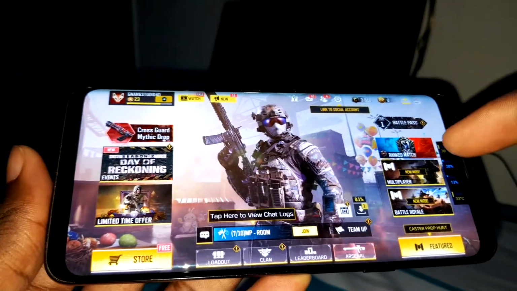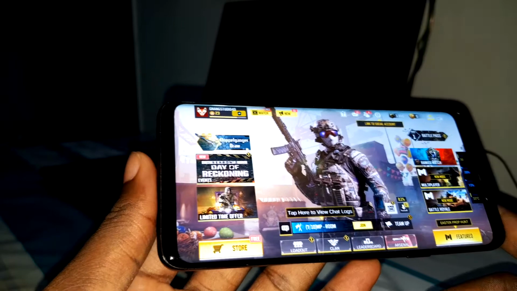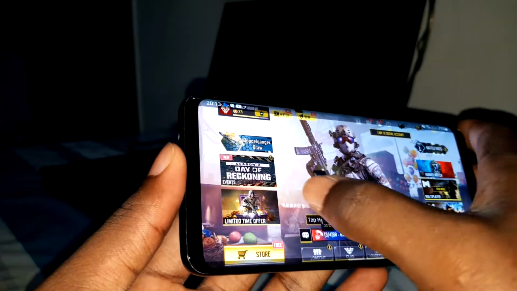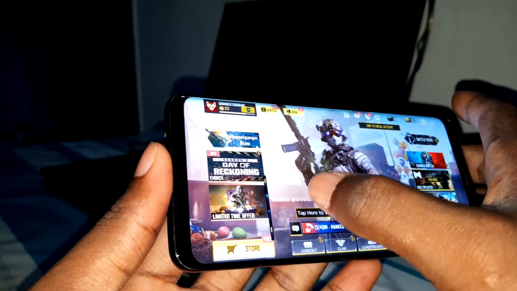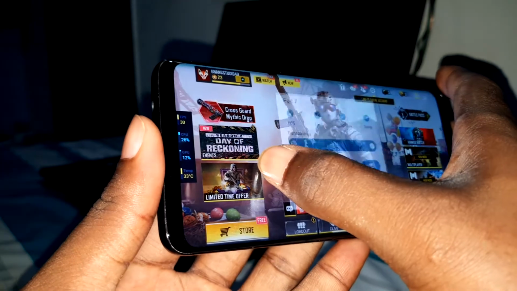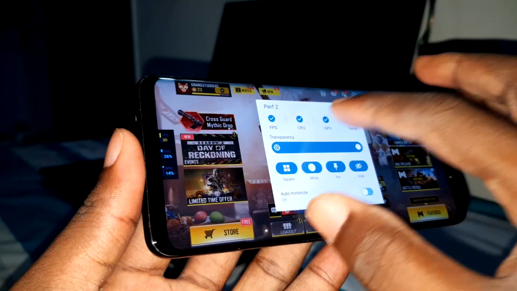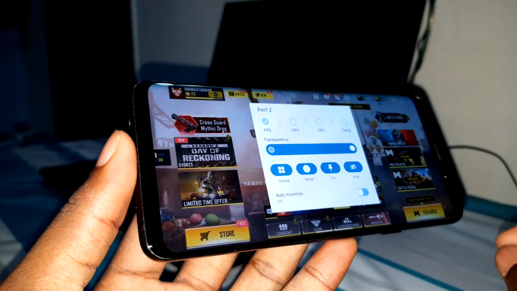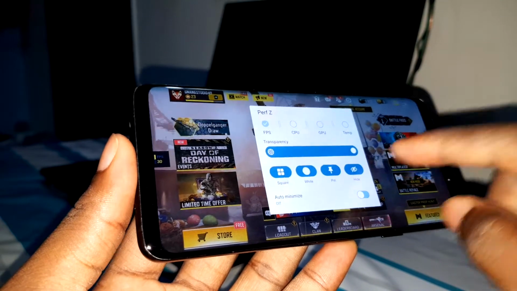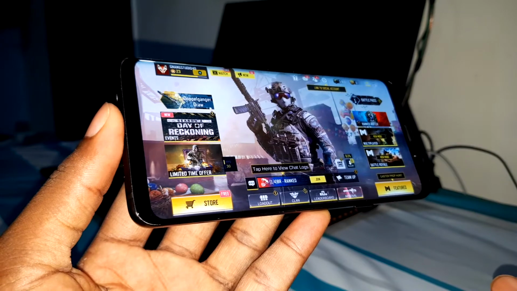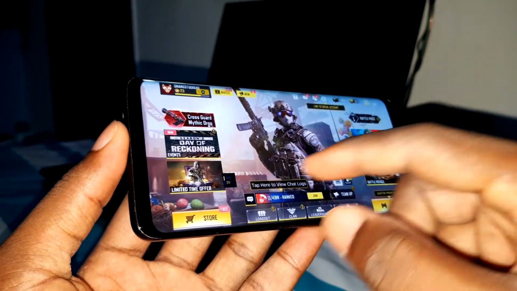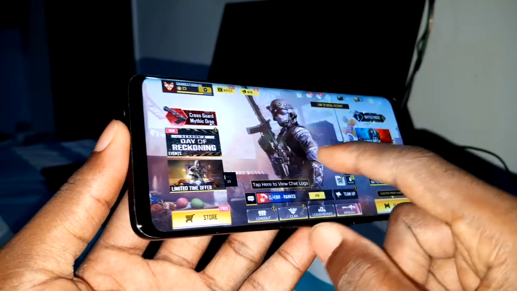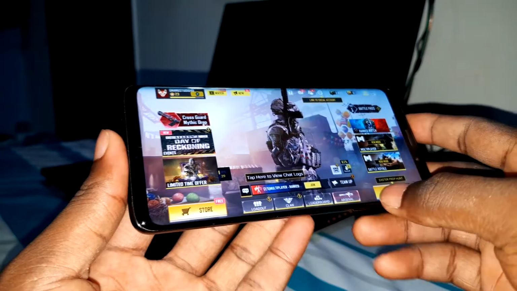Now you can see the FPS here. You can also do something that I like. You can hold, remove all of this. You have CPU. Where are you? Look, nothing. Do you believe this?